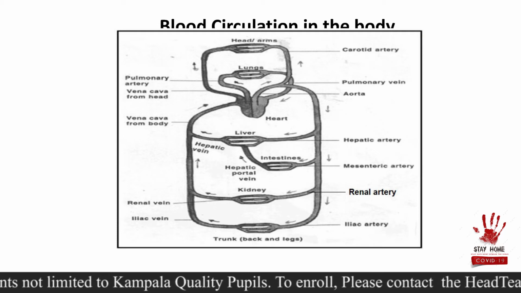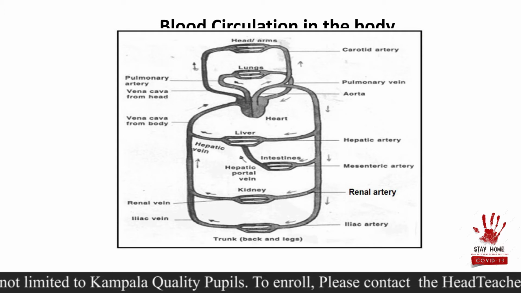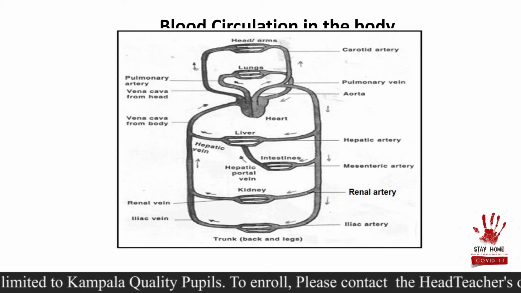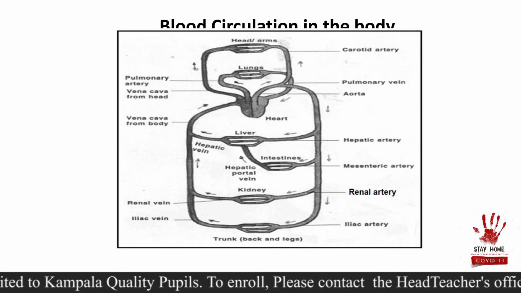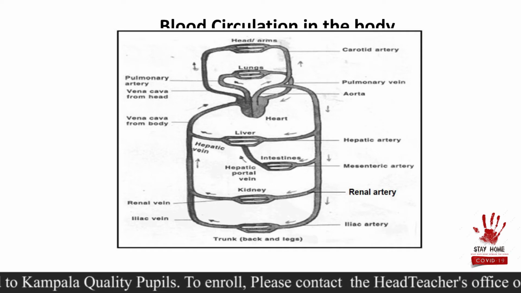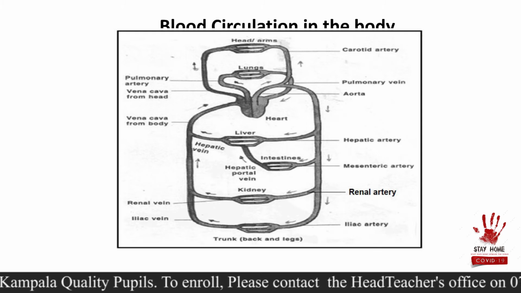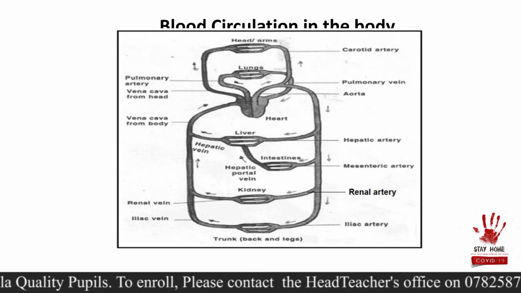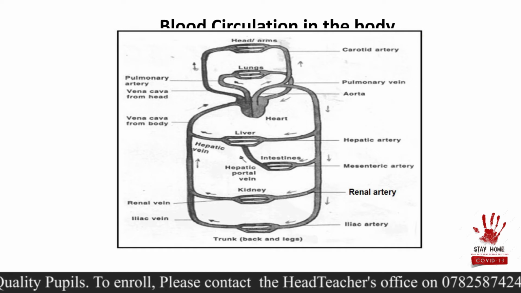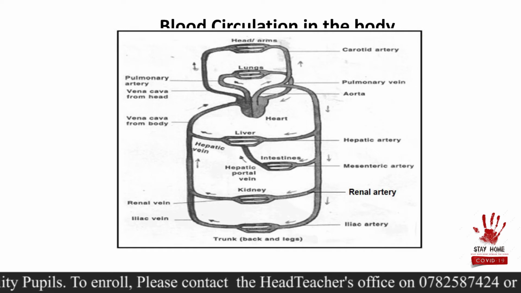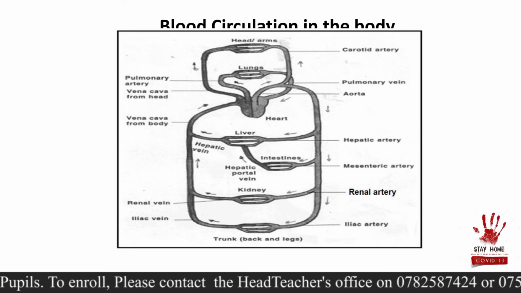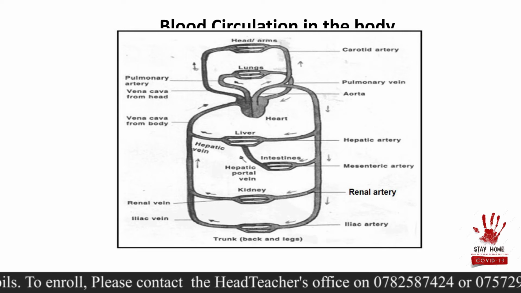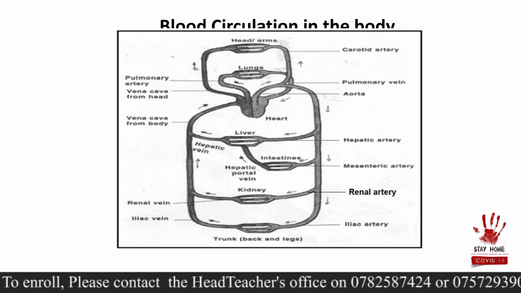So you are going to realize that the saturation in the heart is going to be double blood saturation, in the sense that the blood must go in the heart twice before it is pumped out of the body. So today we want to look at why the blood goes to those different parts of the body. Oh, before I forget, there is one which takes the blood to the head. Do you know it? That one's going to be called the carotid artery.